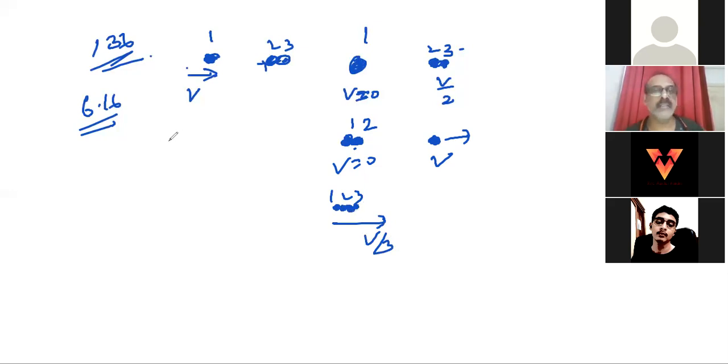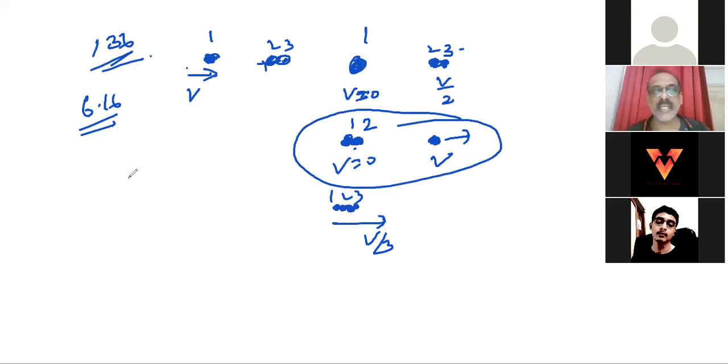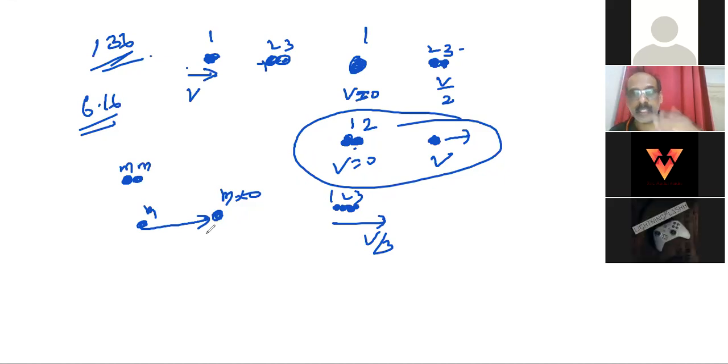The second one, because it is an elastic collision. We know that two bodies of the same mass, one at rest, M at rest, and one body of the same mass comes and collides here, then their velocities will be exchanged. Do you remember elastic collision case 1? I told you about water molecules or air molecules. If they collide, their velocities are exchanged in an elastic collision if their masses are the same.